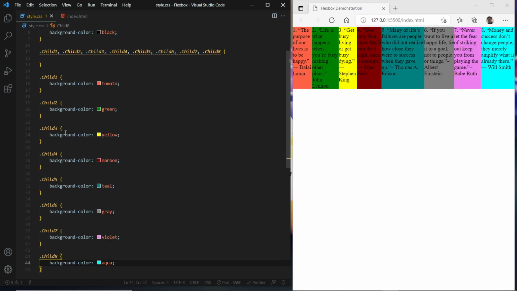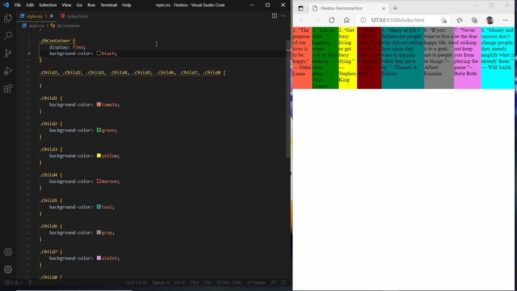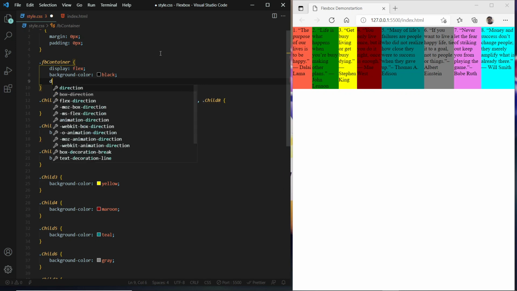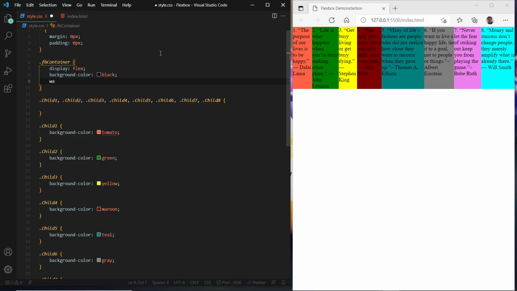I'll save it. Now you can see here all the child elements have got their background color, and all the elements are stacked up horizontally side by side. Now we will set the direction. Okay, before that I will set the wrap property, flex wrap